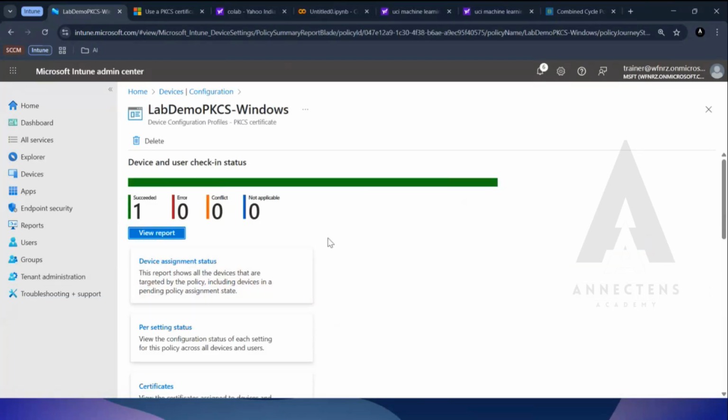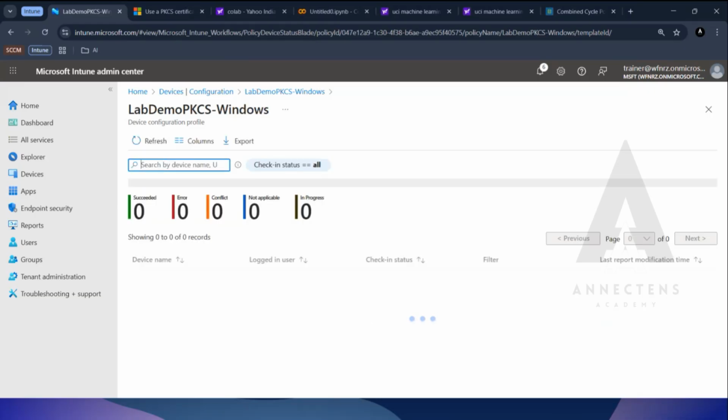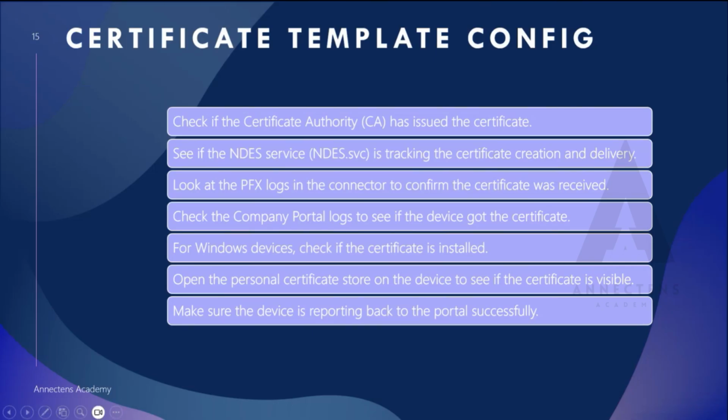This is where I can see that this assignment successfully ran and it's working. So first, we need to check the template configuration, and then we look for the PFX logs at the connector to confirm that yes, the certificate is installed. We are not required to check all this information, like the company portal log, because it is very simple. We can easily see that in Intune,